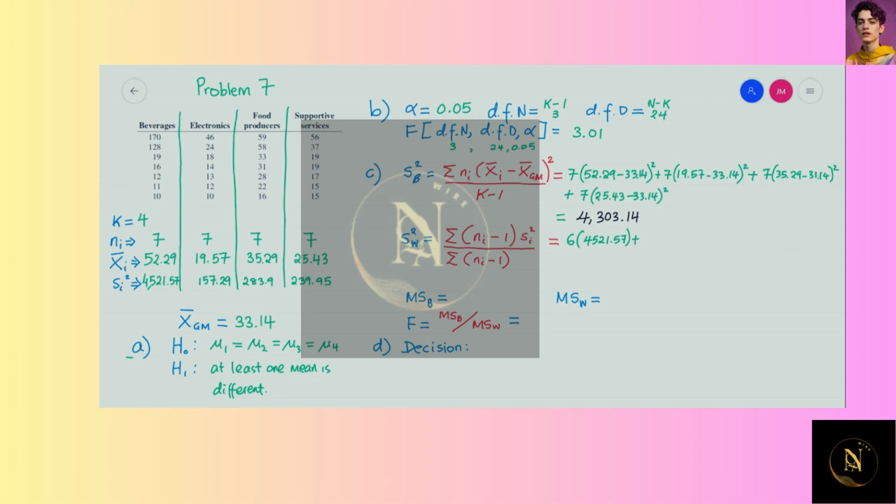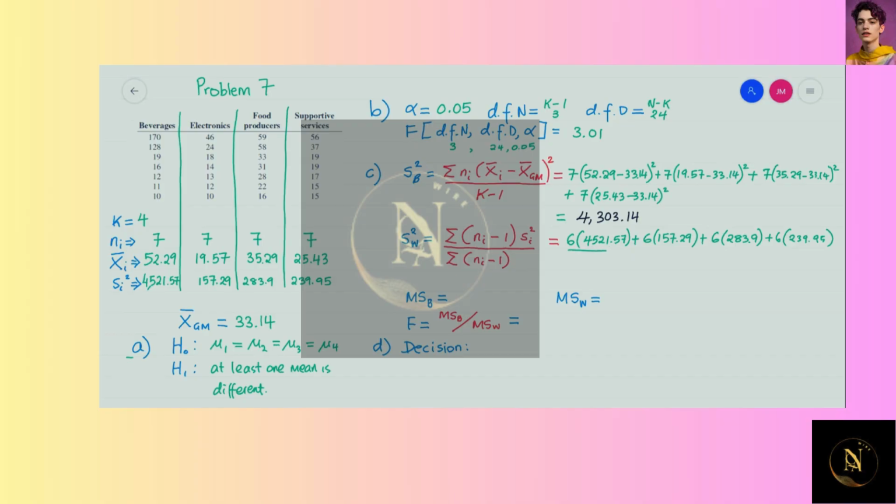plus 6 again, because n minus 1 is 6 for the second sector, and the variance is 157.29, plus 6 again multiplied by 283.9, that's for food producers, and lastly for supportive services it's 6 multiplied by 239.95,